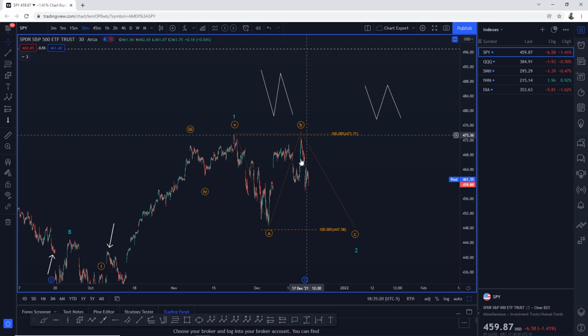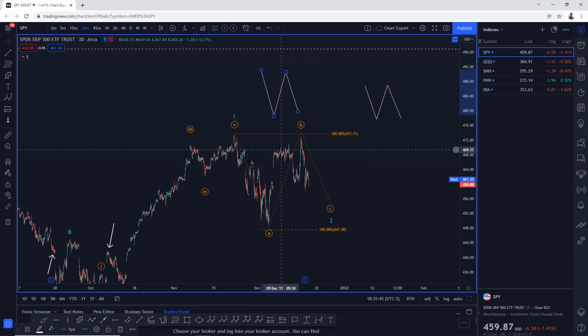this expanded flat, so we take that out of the way, and we start looking only at, for instance, the regular flat, then it is likely that we are within the regular flat and that we are almost gearing up to complete the wave 2. Why do I say that? Because the wave B did not take out the origin of wave A, and wave C is still above wave A. Just like in this diagram that I drew, wave A, wave B, and wave C,